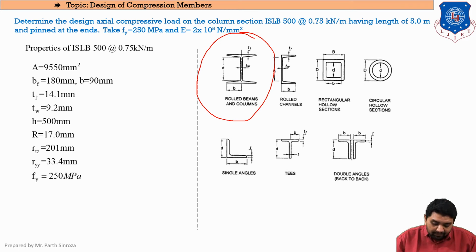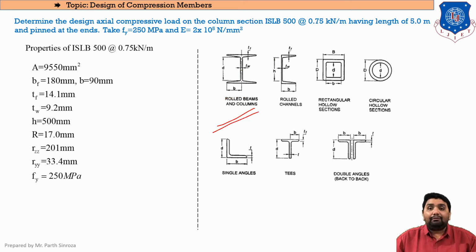So here, as you can see, this B is half of BF. The total length is considered BF, that is the width of the flange, but for equation or calculation purposes we will always need this length B. Clear? So we have calculated B to be 90. B will always be taken as BF by 2. If you forget, just refer to this figure on page number 19 of your IS code. Clear? So don't directly take BF equal to B, because it will be wrong and the solution will be incorrect from the first step itself.